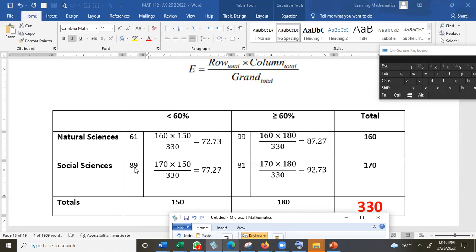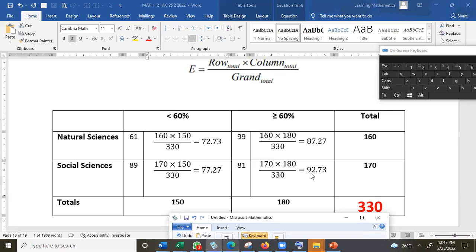We go to 89. The row total is 170. The column total is 150. So it's 170 times 150 divided by 330, 77.27. Now we go to the 81. The row total is the same 170, but the column total is 180 now. 170 times 180 divided by 340 will give us the